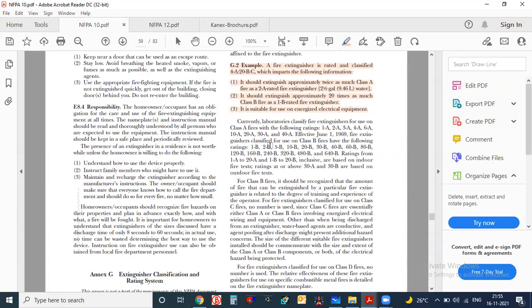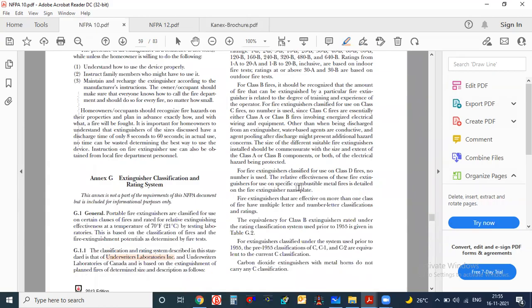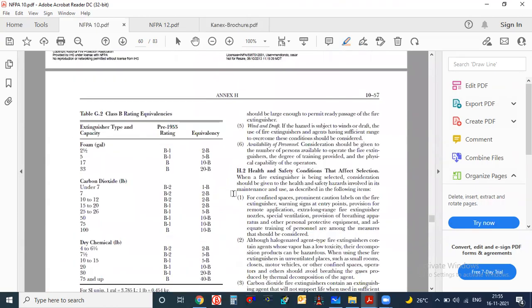And for class B, ratings 1, 2, 5, 10, 20, 30, 40, 60, 80, 120, it can go up to 640B. So here they have given the class A and class B rating system. For class D, they have not given, I think. Okay, here they have given class B rating equivalences,